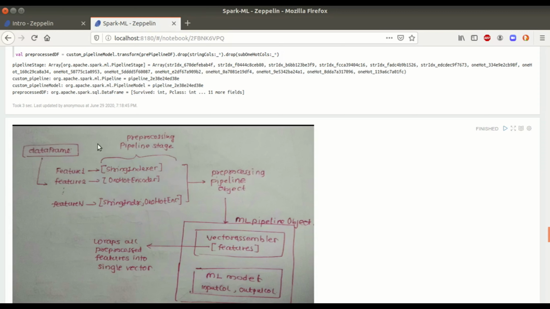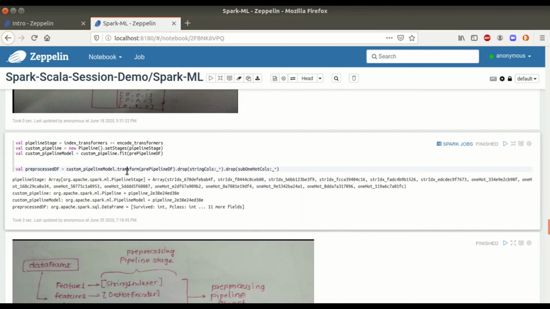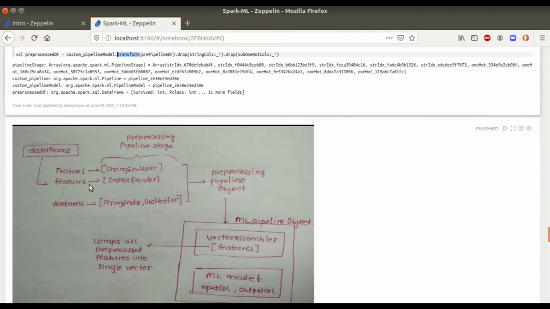These will be executed sequentially with the pipeline object in only one line. After this pre-processing, we will get only one data frame which will have this cooked data of the pre-processing stage.